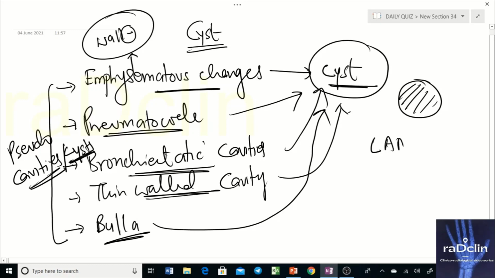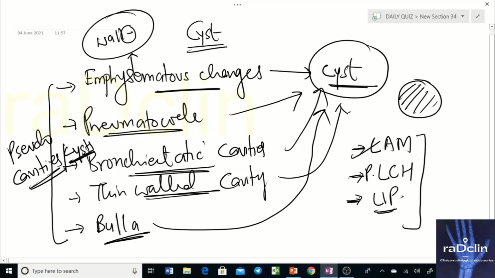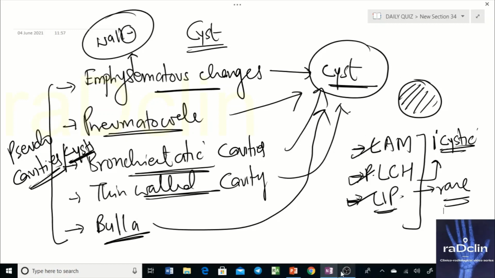Example, lymphangioleiomyomatosis. Example, pulmonary Langerhans cell histiocytosis. Another example in this scenario would be, let's say, your LIP. These are some of the disorders that are cystic from the beginning, and that's why these are characterized under primary cystic disease of lung or diffuse cystic disease of lung. Okay, so they are primary cystic and these are typically rare. So we have to differentiate whether the cysts are due to these causes, or whether from the beginning they are cysts, not secondary to something. So if you look closely, there are differentiating points and there are other findings.